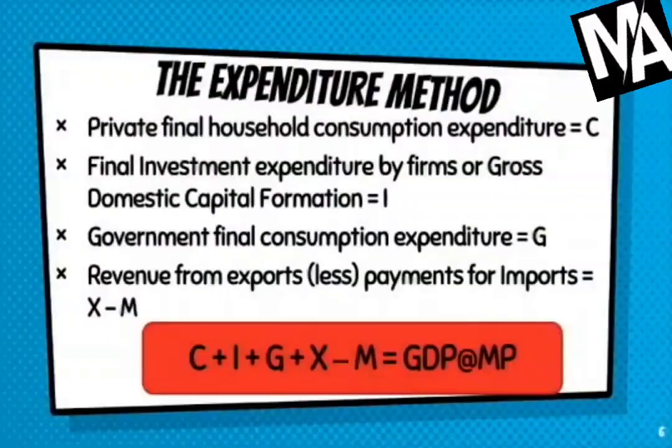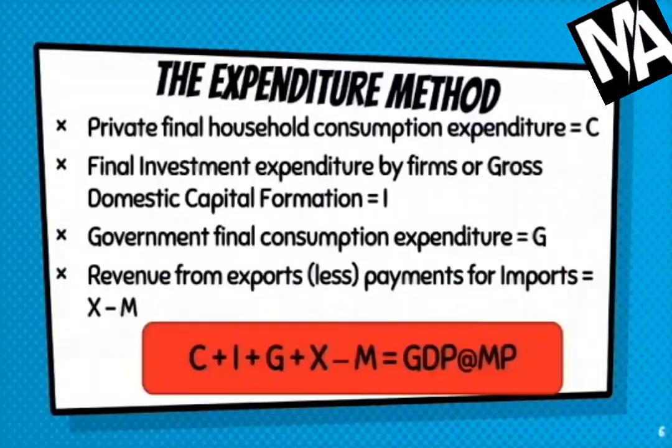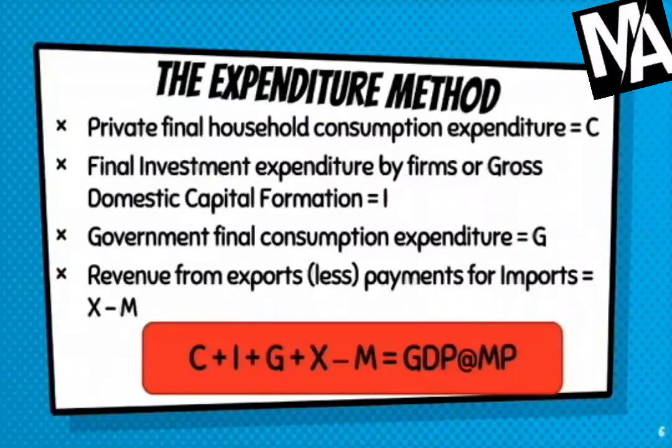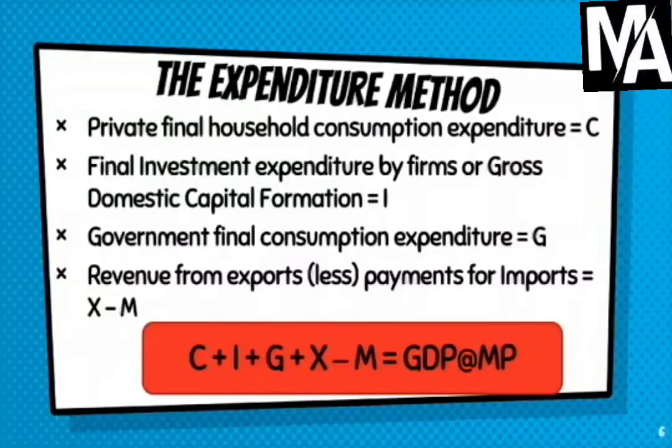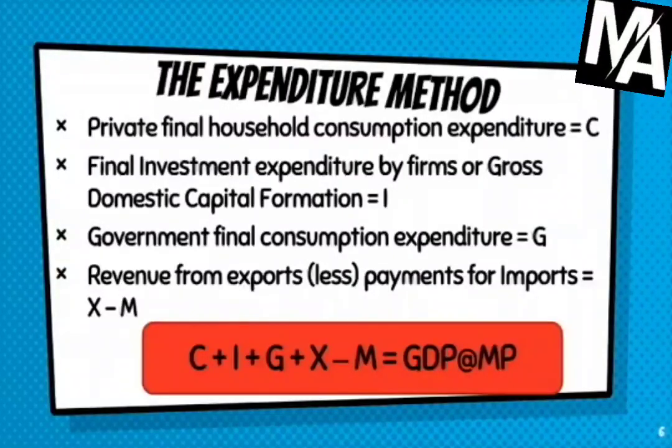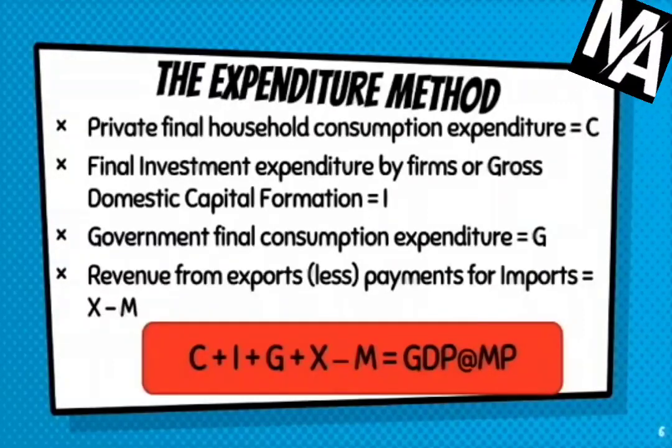So, how can we synthesize the entire formula? Once again, the private final household consumption expenditure by households will be denoted by capital letter C. The final investment expenditure made by firms, which is also called gross domestic capital formation, will be denoted by the capital letter I. The government final consumption expenditure will be denoted by the capital letter G. The revenue from exports will be denoted by the capital letter X. And from that we have to subtract the payments made for imports by the economy, that will be denoted by minus M. So when we add all these aspects of the formula together, we get C plus I